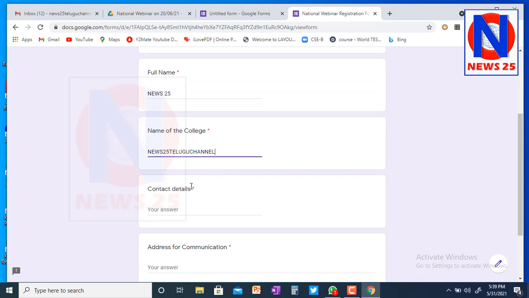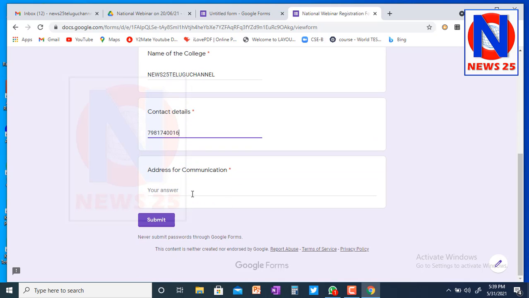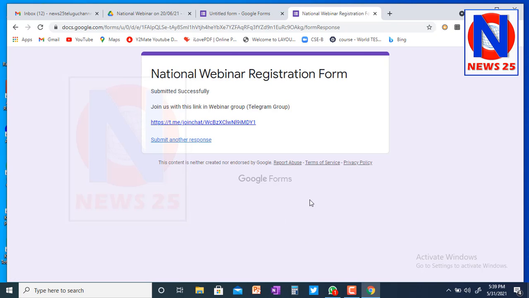Name of the college, just for example I gave like that, and contact number, just a random number I gave, and here you can say LB Nagar. Okay, so you can submit. Right, so almost 3 participants I have submitted.